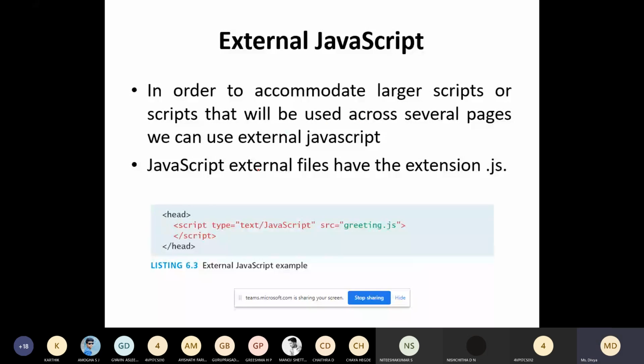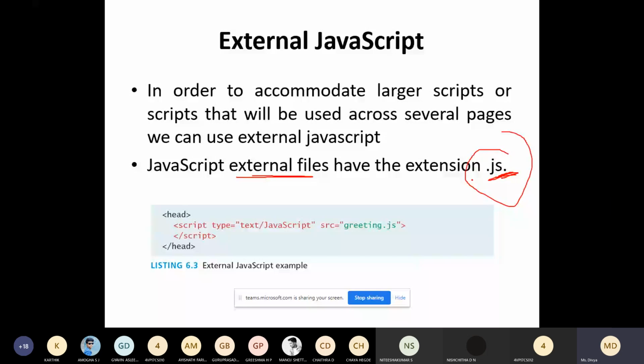In external JavaScript, you will be creating a separate external file, same as the file we create for CSS with the extension .css. Here we use the extension .js. The JavaScript file will have the extension .js. This you have to remember.